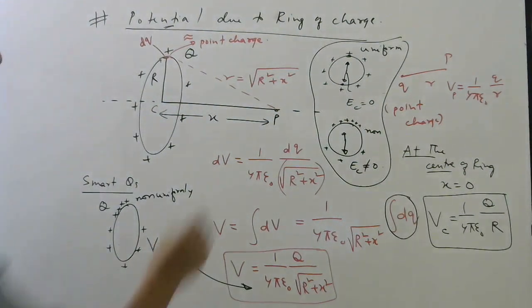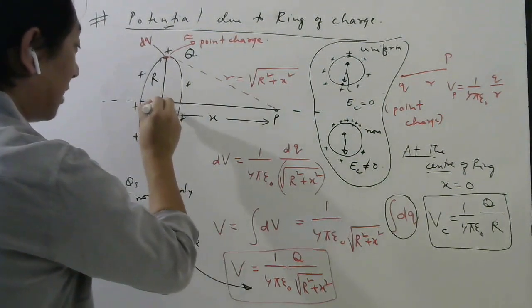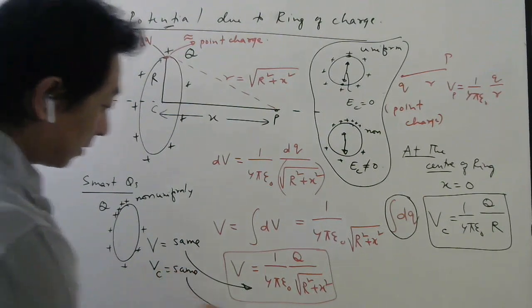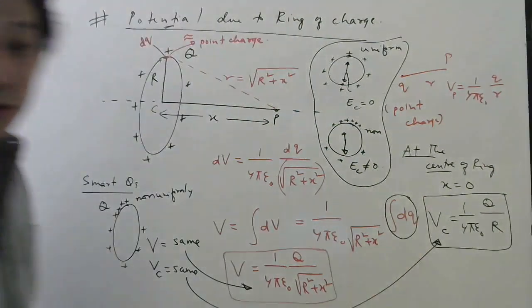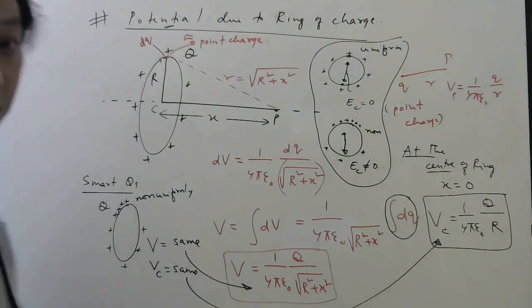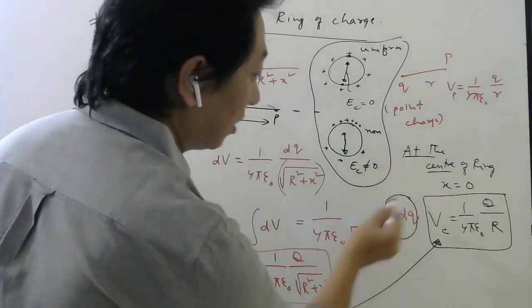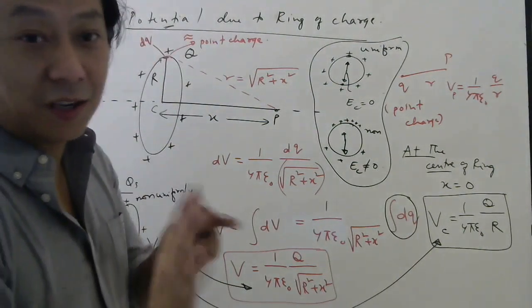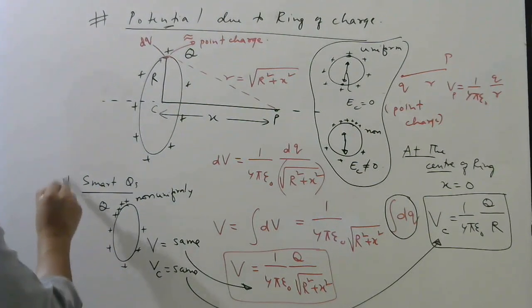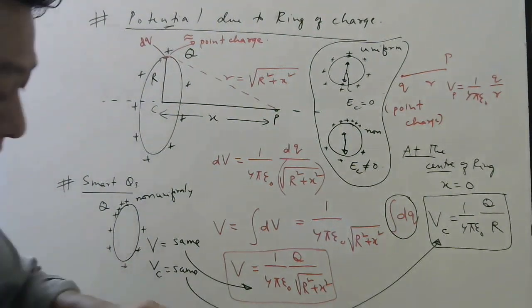But to find potential at this point, or at center also, it will be same, because whether it is distributed uniformly or non-uniformly, total charge will be same only, no students. We are just adding the total charge. Potential is not a vector quantity where you have to draw arrows. Okay, so this is something I want you to remember for your entrance exam.